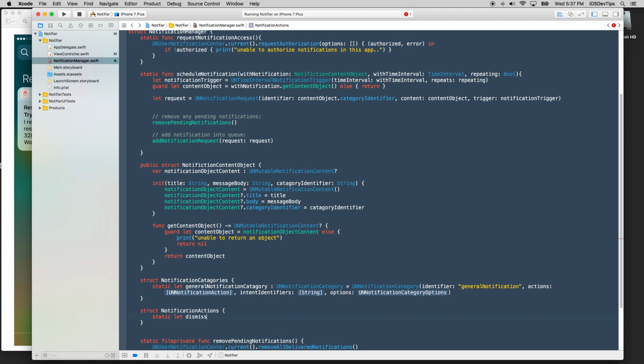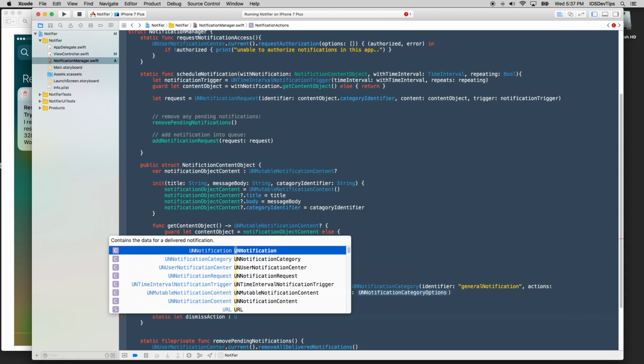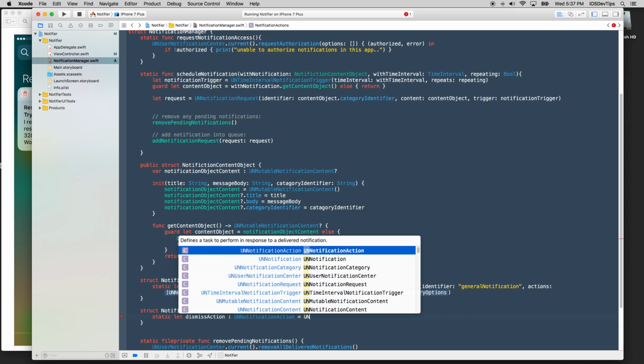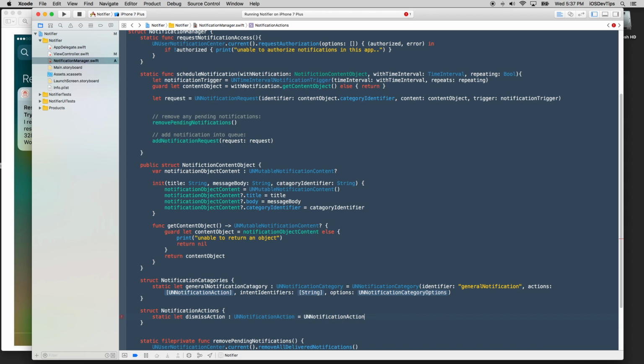We'll call one dismiss action. Okay. And this has to be a UN notification action. And I believe there is a completion on this. Okay. And this wants an identifier as well. So we'll just call this the default